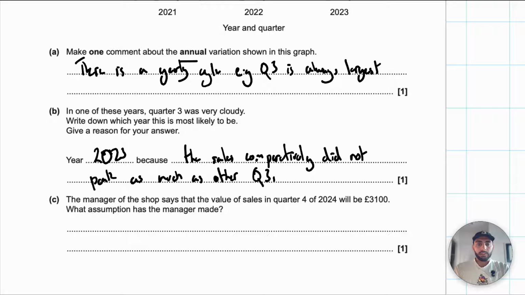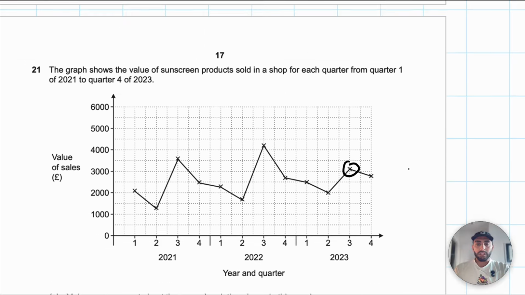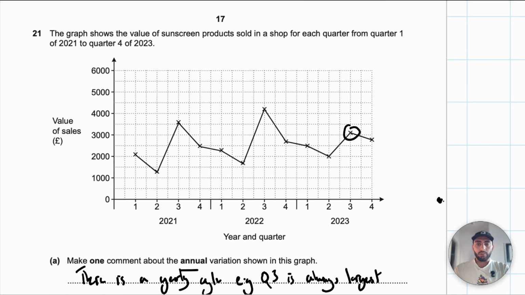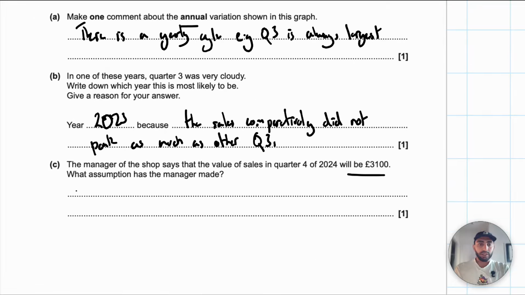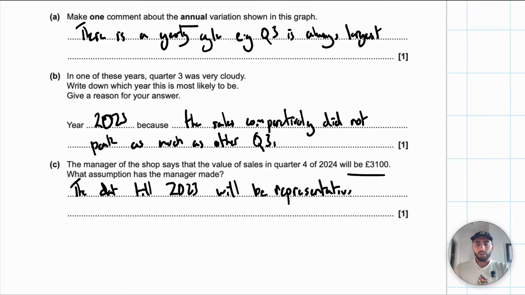The manager of the shop says that the value of sales in Q4 of 2024 will be 3,100. What assumption has the manager made? The manager is saying that they can predict what the value of the sales are here. But we can't say that because we only have the data for here. So we can't say whether this will be representative of what will happen later. The assumption the manager has made is the data till 2023 will be representative of